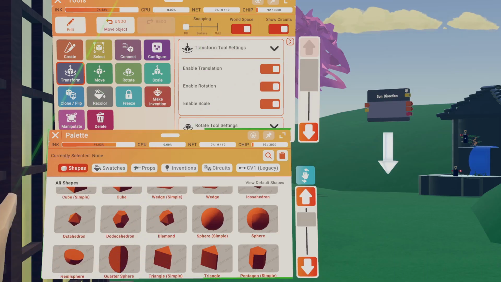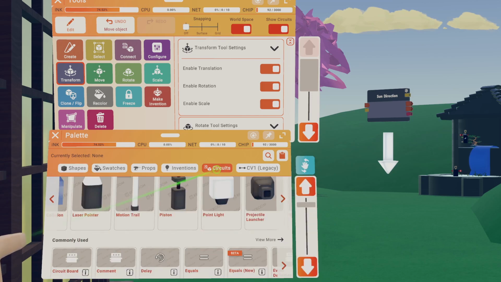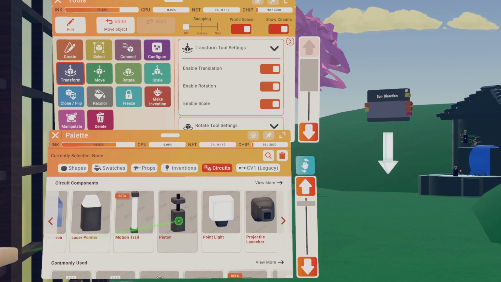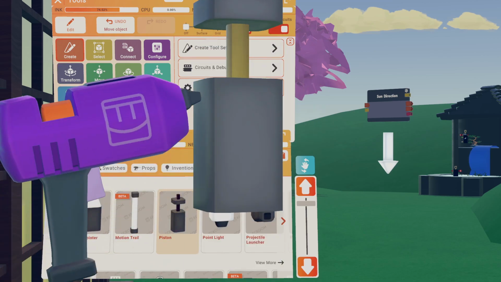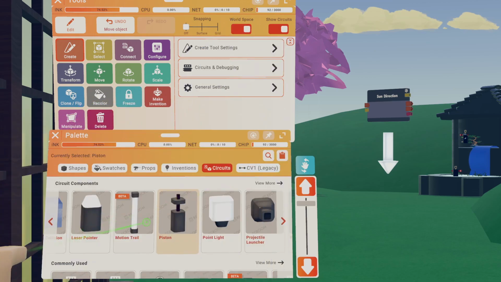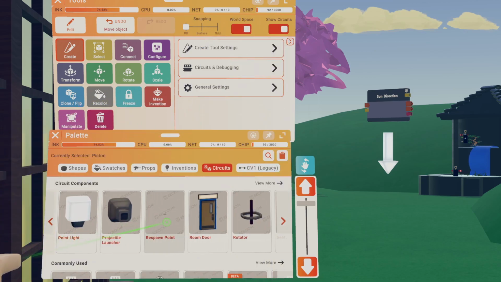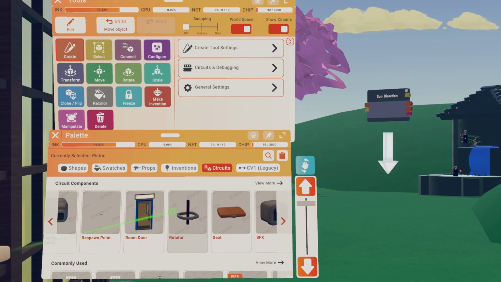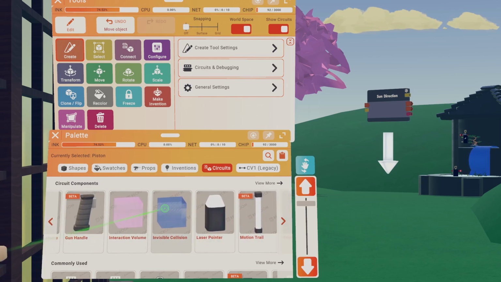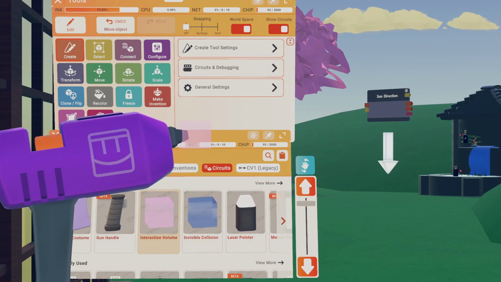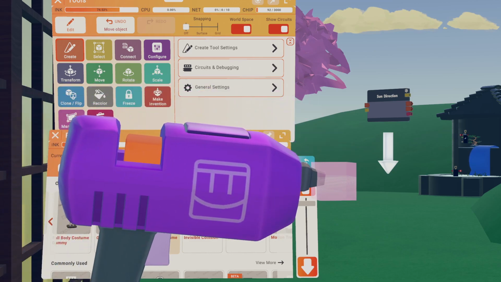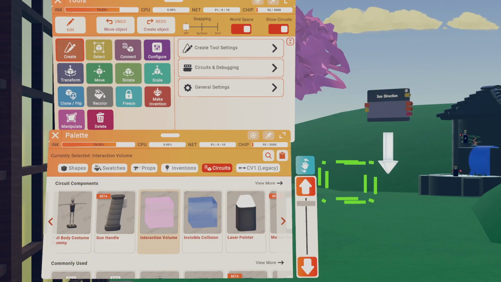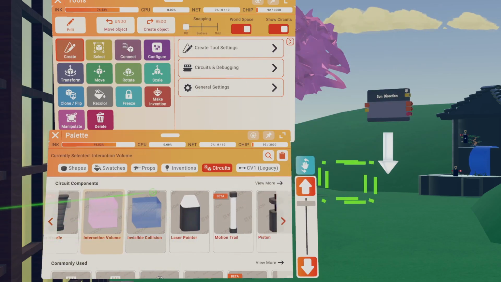When we started this project, I needed to get a few things out on my Makerpen. So I went to circuits, and the first thing I needed was a piston, just like this. The second thing that I needed was an interaction volume. And it kind of shows up looking like a pink little square, just like this. And the last thing that I needed,